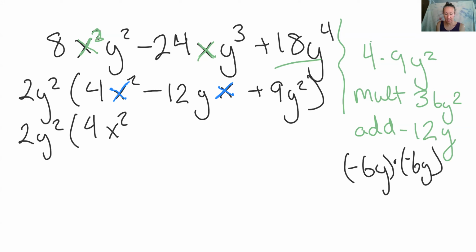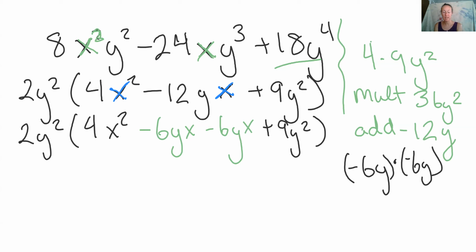This guy's going to become a negative 6yx, negative 6yx, plus 9y squared. All right. All we did was break up this centerpiece into two different terms that add back up to that original term, but their coefficients multiply to the same thing that the coefficients of our first and last term multiply to. Okay, so now we can factor